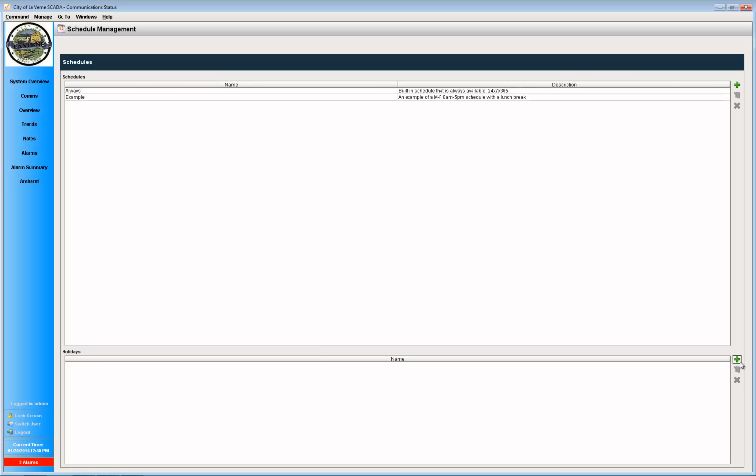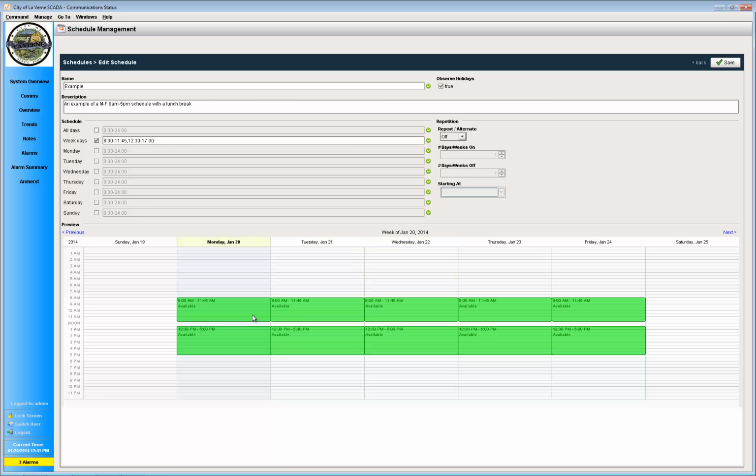Here's where you can add in any holidays at the bottom that your organization recognizes, and then up top we have basic schedules. There are 2 default schedules. There's an Always, which is 24/7/365, and an example Monday through Friday 8 to 5 schedule that has a lunch break, and you can see